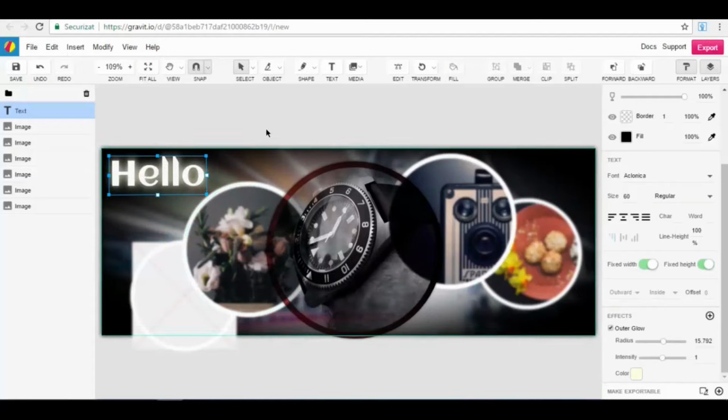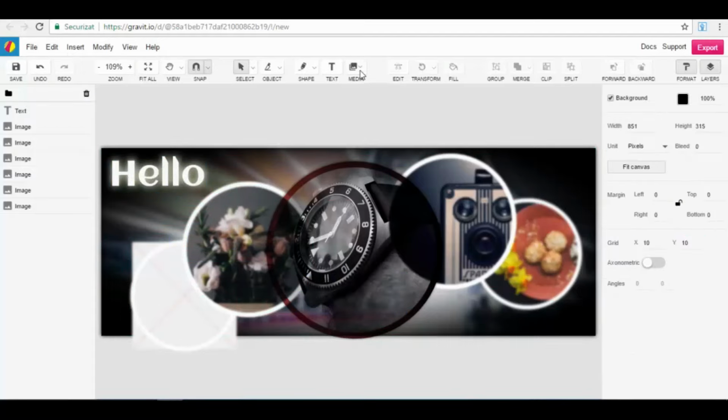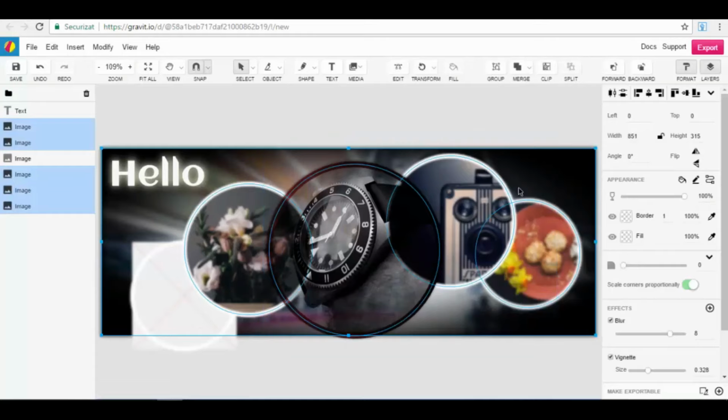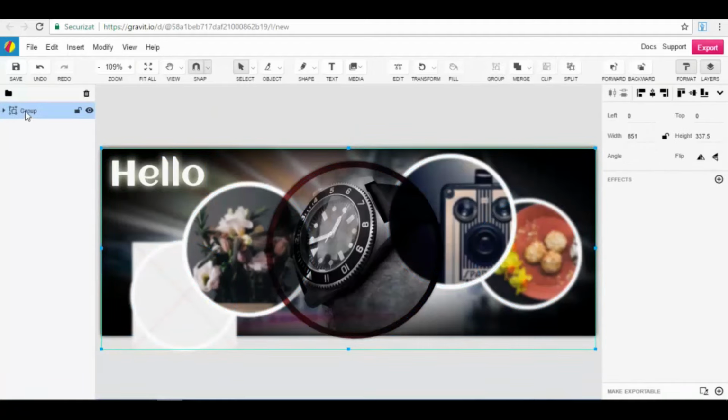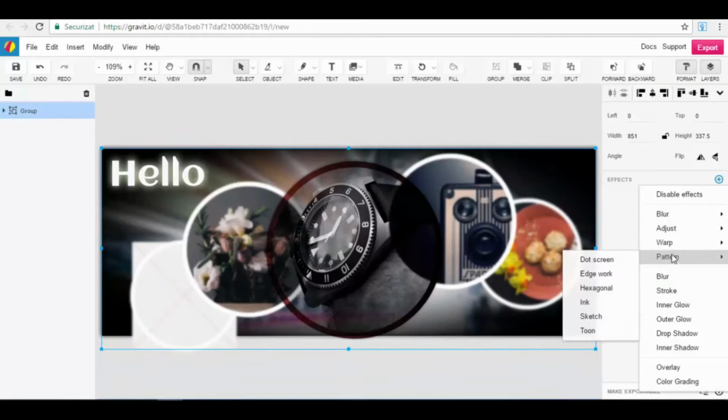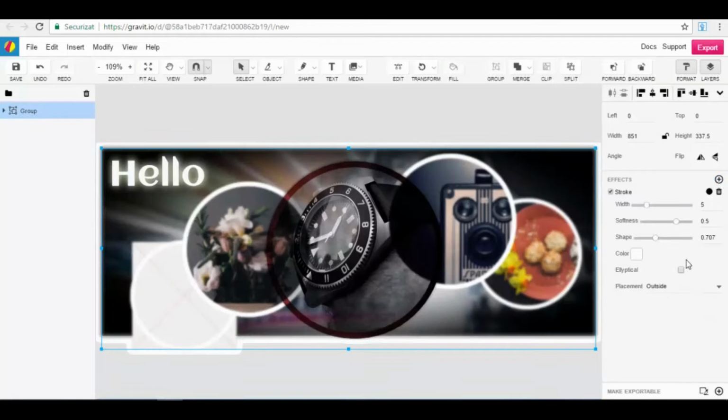So this is how you add a new element, for example, text. Media, I showed you how to add an icon. You can upload your own images. So basically these are all the options that you have. You can create a group of elements that you can edit together. For example, I have selected almost all the elements here, I can group them all, and as you can see, it has created a single element, a whole group. So everything that I do right now, for example, if I want to add an effect, I will add it to the whole group. For example, like stroke,